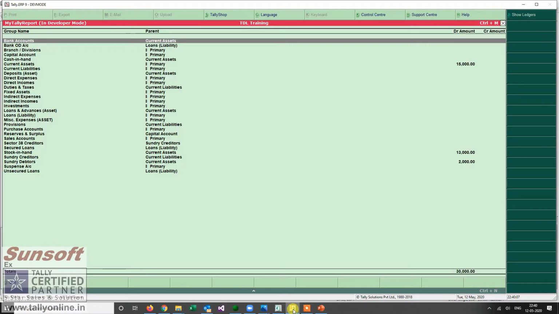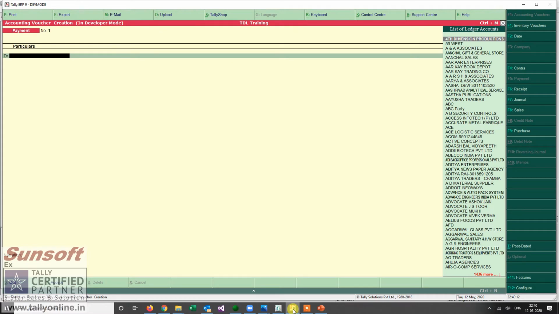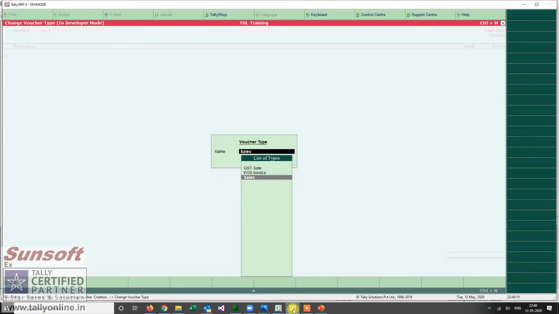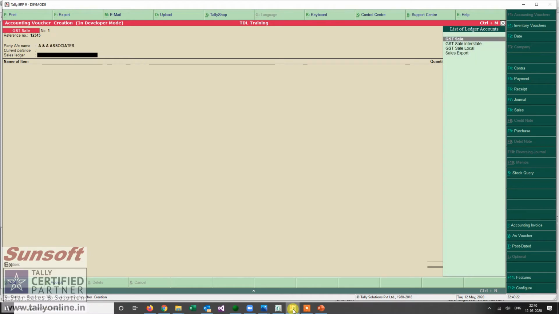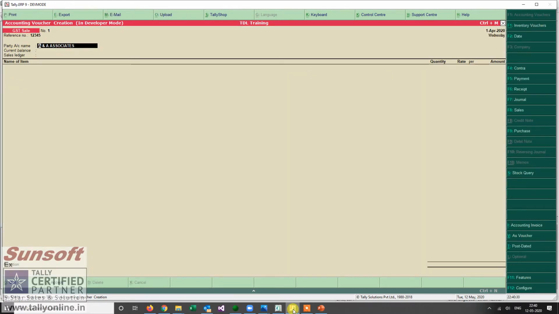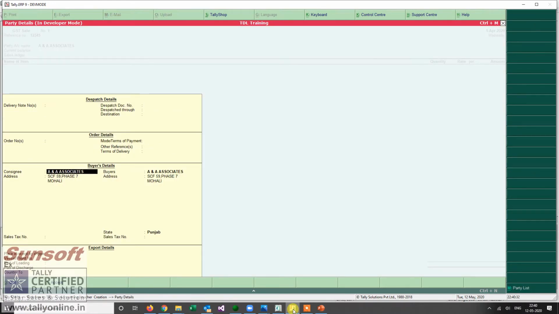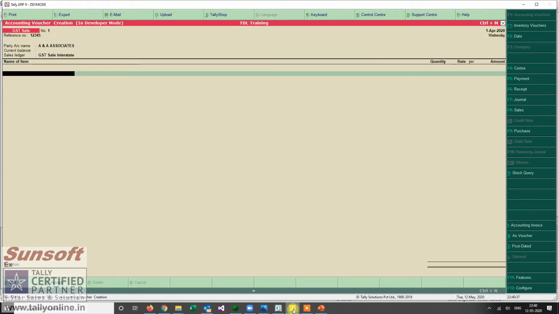Now let me create one sale voucher on the basis of that. Since I have parties and vouchers, let me create one reference number. I take GST sale, and since it is Punjab, I take it as interstate, and in the name of the item I am taking anything.